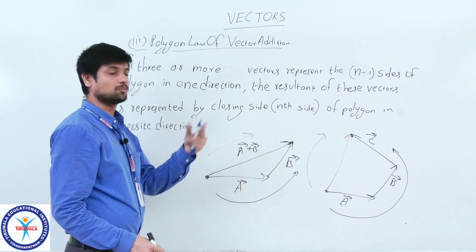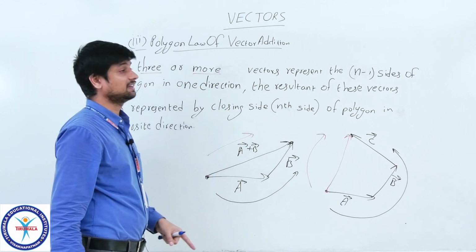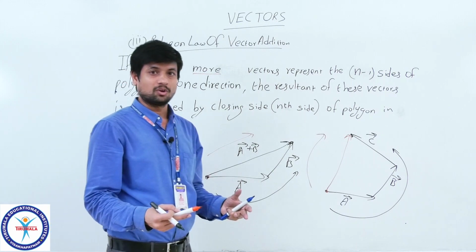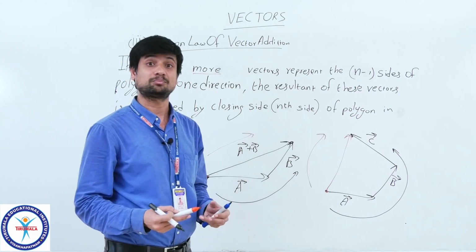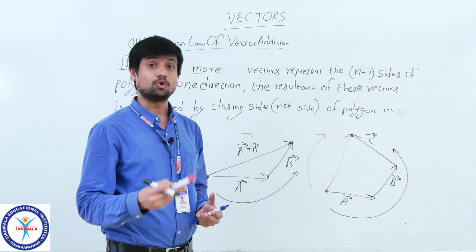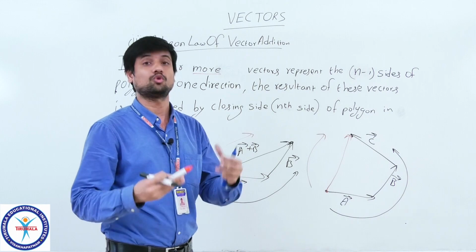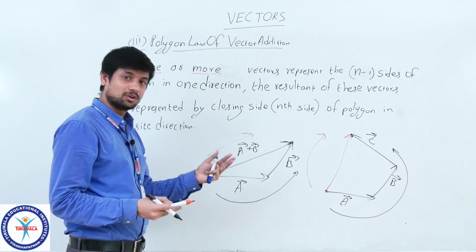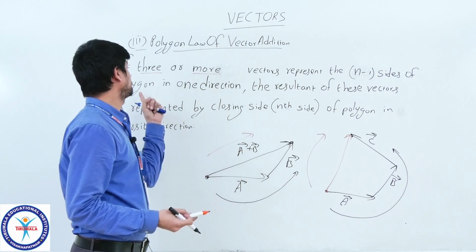So, for 3 or more vectors, 3 or more vectors represent the n minus 1 sides of polygon. Polygon means poly. Okay. After 10th class, some of your brothers and sisters will write the polytechnic entrance. So many. Polymer in the chemistry. So many monomers are being represented with the word polymer, so many. Did you understand? So many. Here, not 2 sides, okay, more than that one, 3 or more. So many sides is called polygon structure.